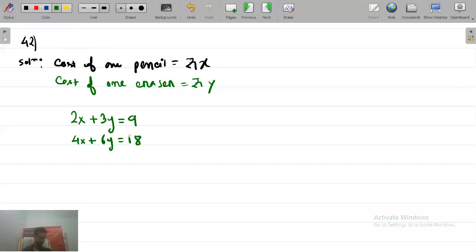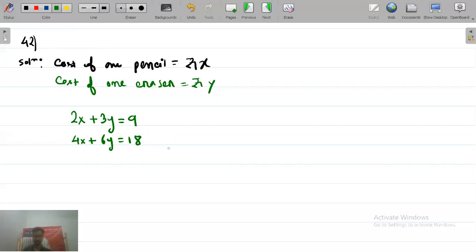So, this will be the algebraical representation of the given situation. Yes or no? Now again you have to represent it graphically. Yes or no? Here it says represent this situation algebraically and graphically, so you have to represent graphically. So how can you represent graphically?